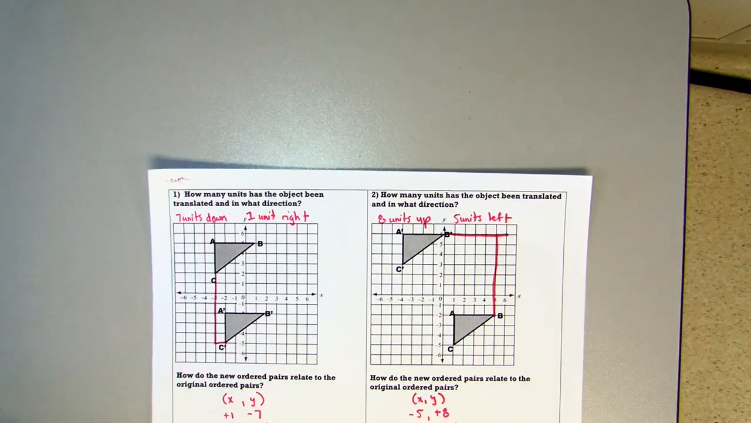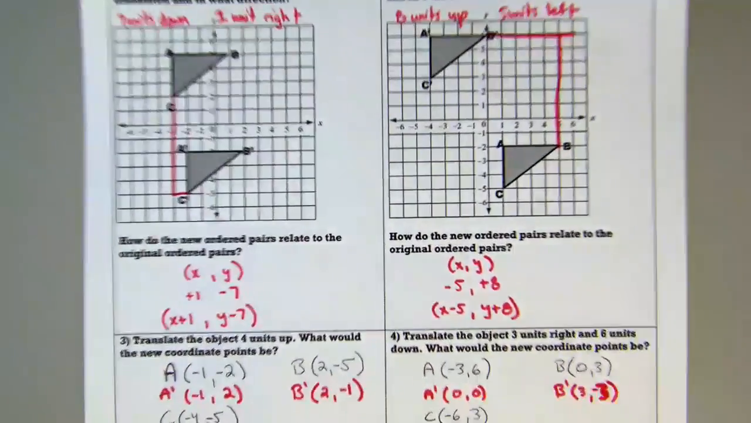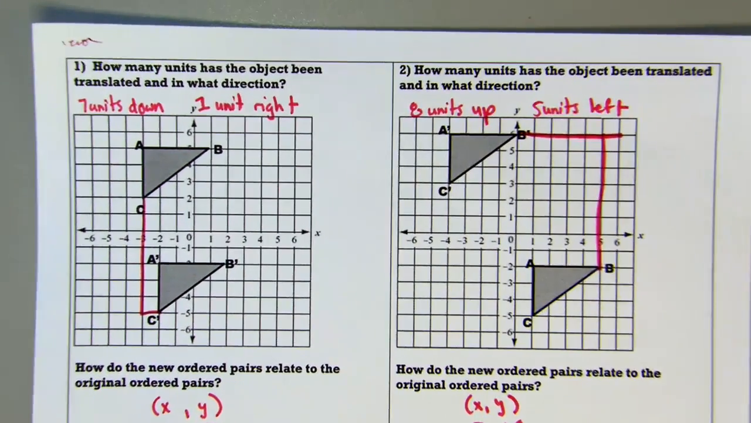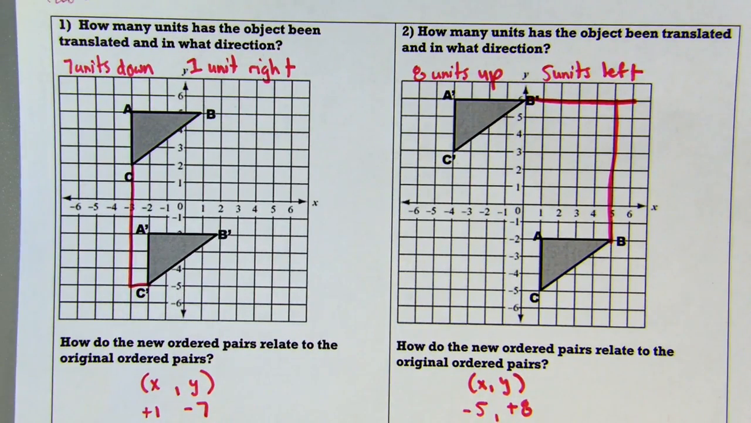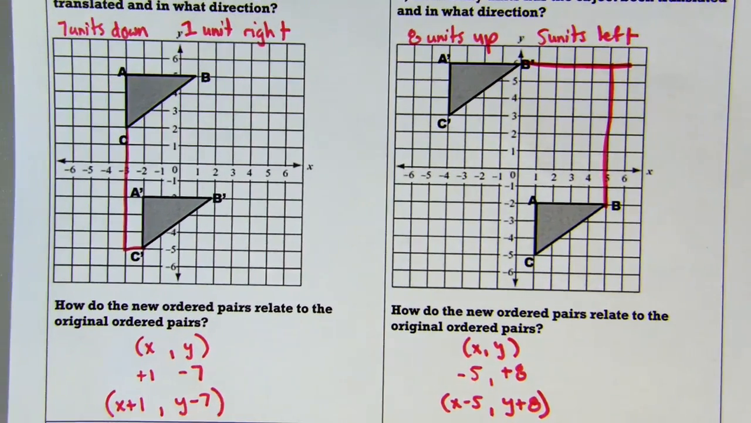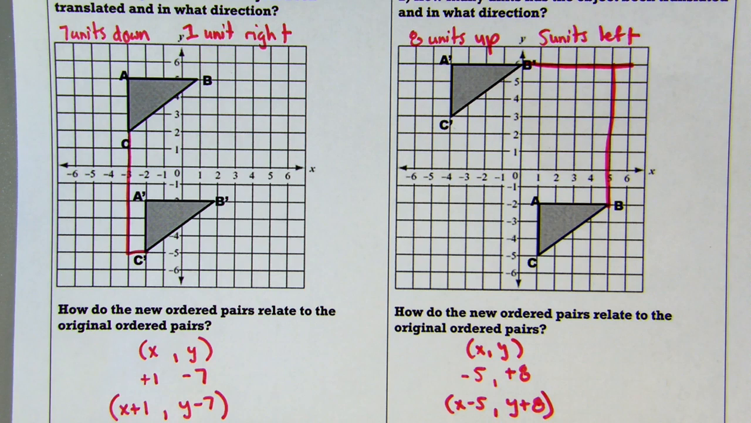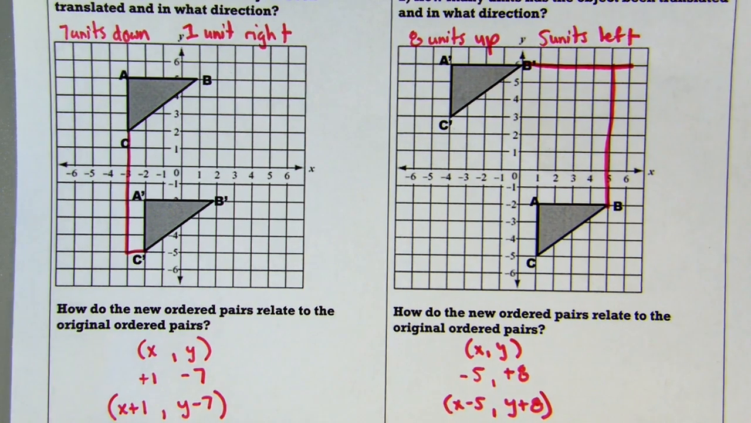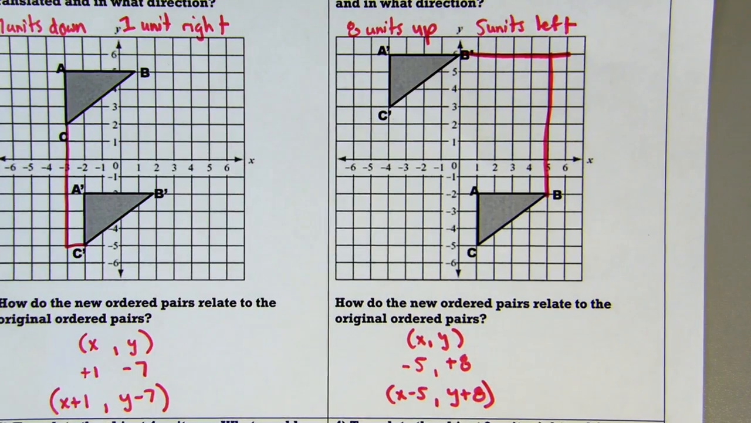All right, let's go ahead and see how you did. Alright, number 1, you should notice that our units move 7 units down and then 1 to the right. Okay, so that is a plus 1 for my x-axis because it's moving to the right, and then minus 7 for my y. So you should get an answer of x plus 1, y minus 7. Is how do the new ordered pairs relate? For number 2, how the new ordered pairs relate,